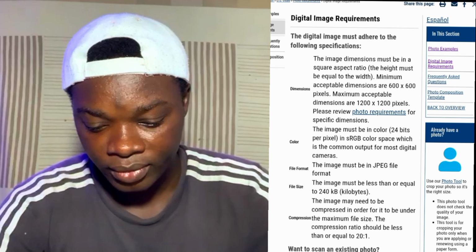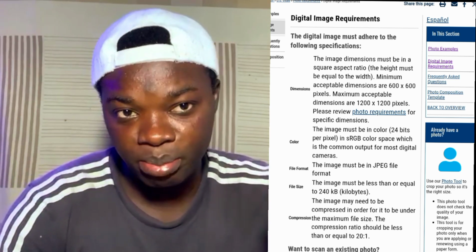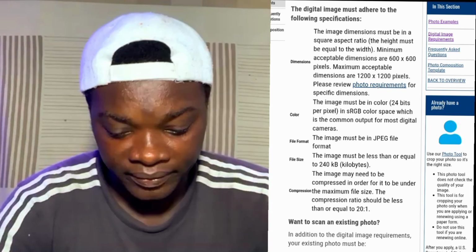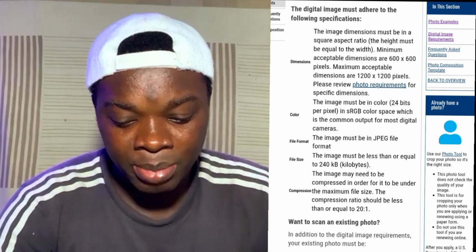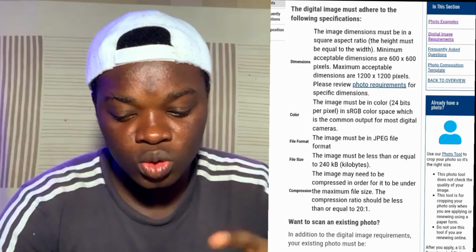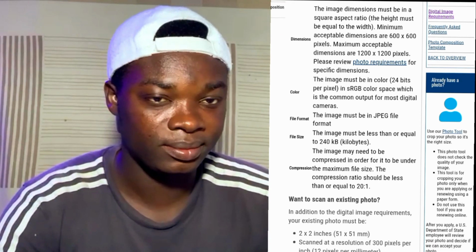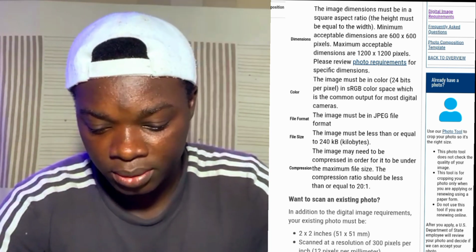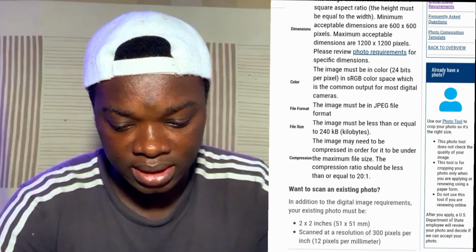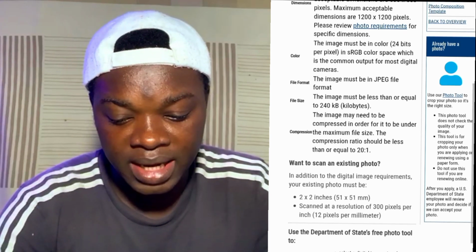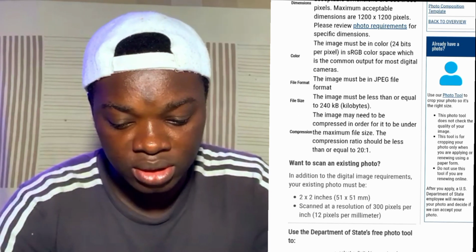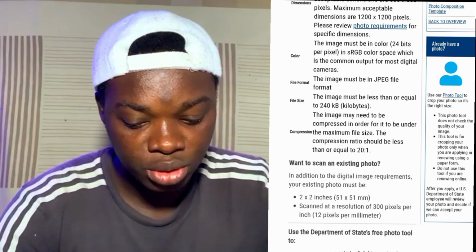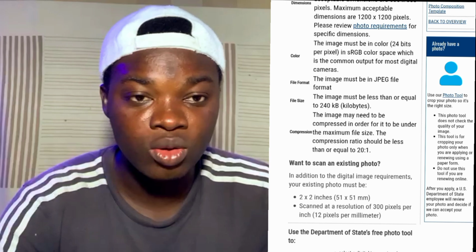So listen, the image must be in JPEG file format. Jot it down. JPEG file format. Now, the image must be less than or equal to 240 kilobytes. Jot it down, assuming you are someone who forgets easily. Now, the maximum file size. The image may need to be compressed in order for it to be under the maximum file size. The compression ratio should be less than or equal to